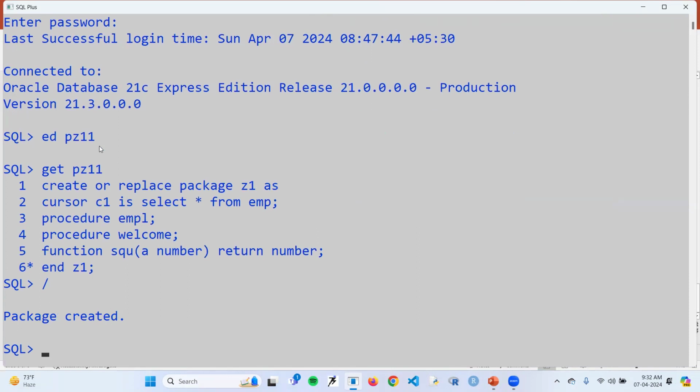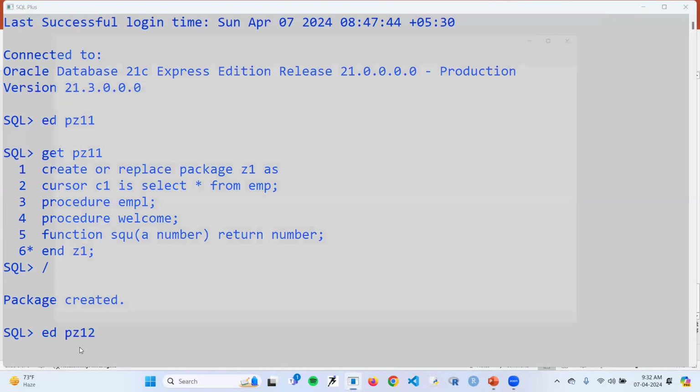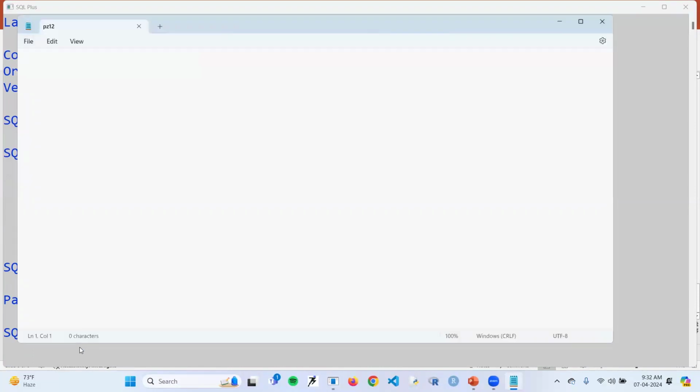After this, I will create a package body for this package specification, where I'll be using this cursor in this procedure. I'll be creating this procedure, I'll be creating this function. That would be the body of this package z1. So let's now do it. I can take a script file. And now here I can write create or replace